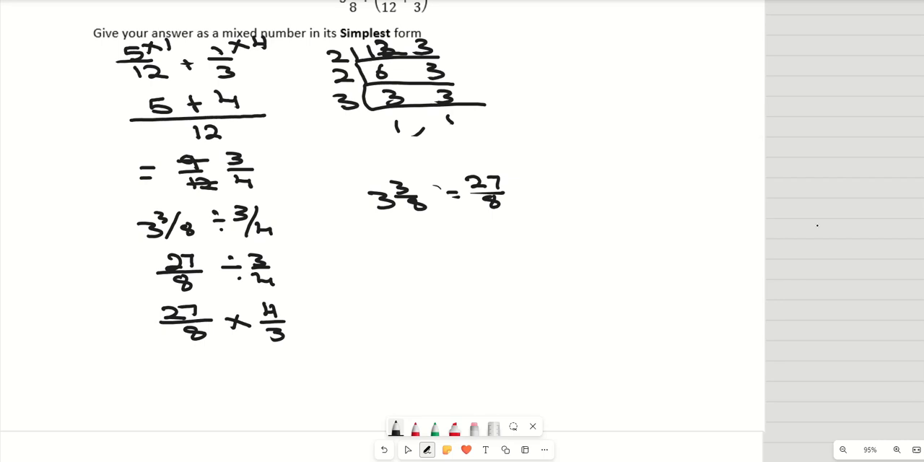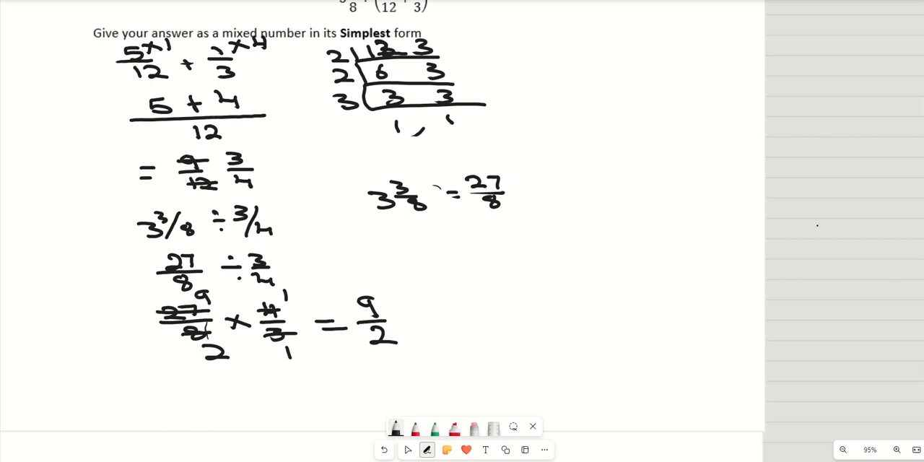Then when we are multiplying fractions, always compare your numerators and denominators. Can any number go into 27 and 8 at the same time? No. What about 27 and 3? Yes, 3 could go into 3 once, 3 could go into 27 nine times. What about 9 and 8? Any number could go into 9 and 8 at the same time? No. What about 4 and 8? Yes, 4 could go into 4 once, 4 could go into 8 twice. So the answer you're going to get is 9 over 2, but they ask you to give your answer as